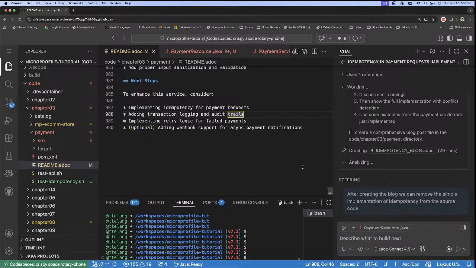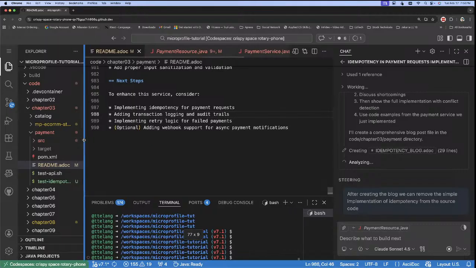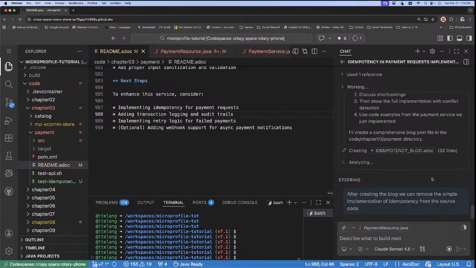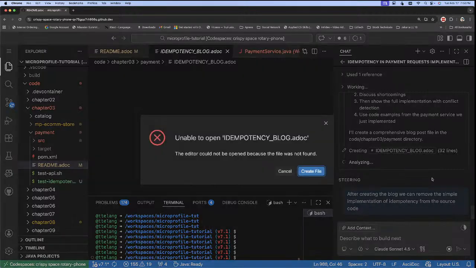We could have asked it to create an article basically about idempotency. I said blog post. Hope there should not be much difference, but yes. Let's see. It has written 29 lines. I can't see what's currently in progress. Maybe once all the lines have been written, then it will be able to update it. Yeah, now